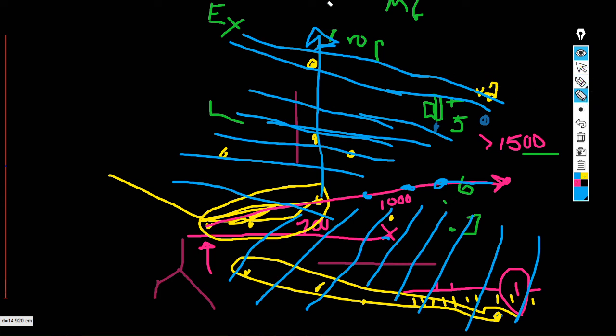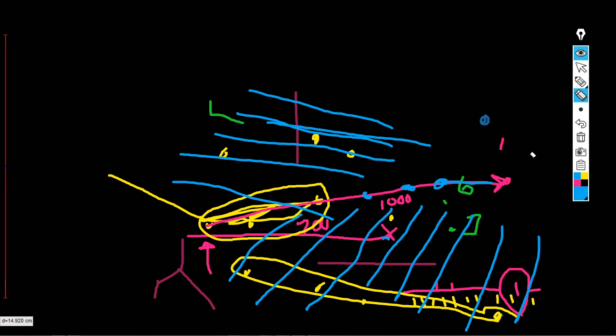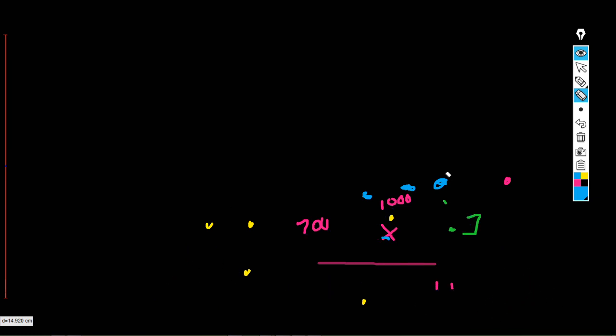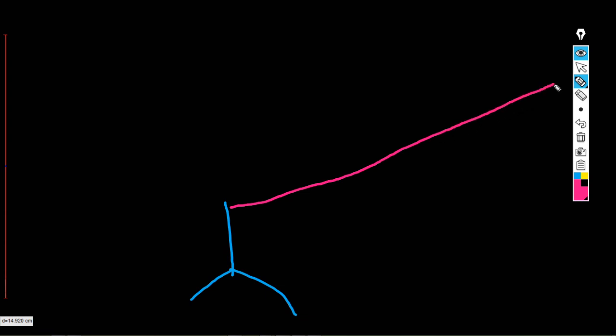I'm just erasing this here. Alright, let's get back to drawing. So for the Mandalay Bay here, and a projectile coming out from the north side going northeast,